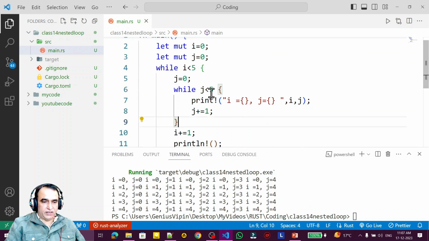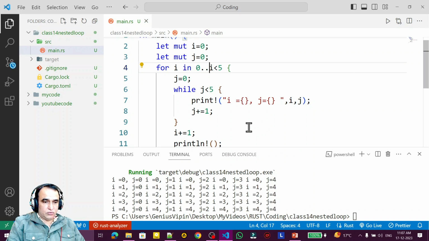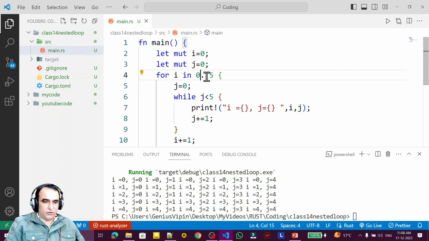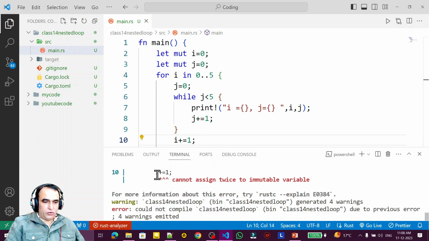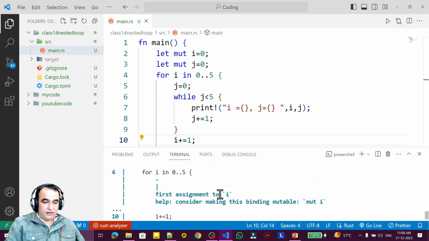But if I take for loop, then you see the changes. I say here in place of while I say for, and I say i in 0 to 5, we have to run it. Remember that? So we are running i from 0 to 5. Same, try to execute once again, and you see that we cannot use